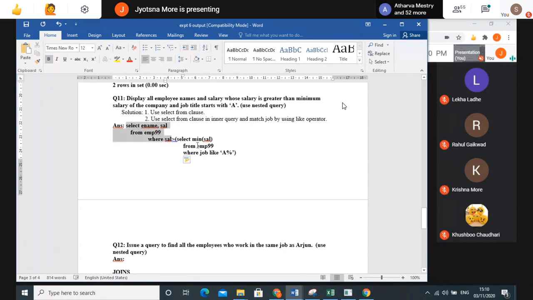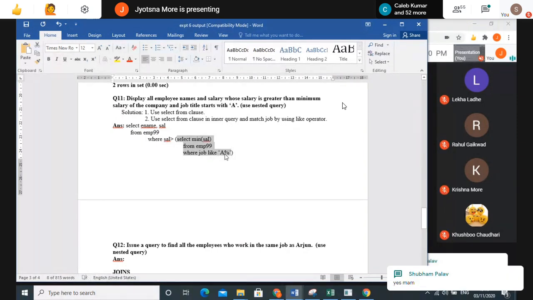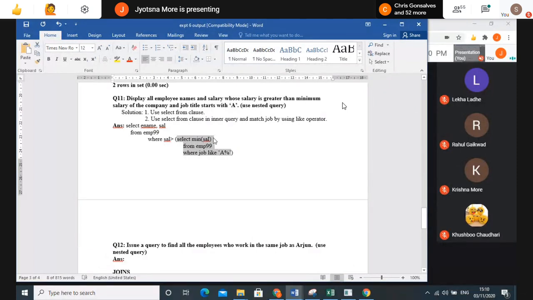Right? So everyone clear with this query now? How to write the nested queries? Simple nested queries are very simple. First, what I have done here, I have found the result of the employees where the job of the employee starts with A, and I have listed the minimum salary of those employees, because here I may get more results. This salary I have to use, based on this result, to find the employee whose salary is greater than whatever result I am getting over here, right? So based on that, I will get my result.